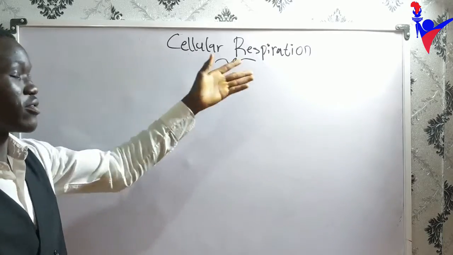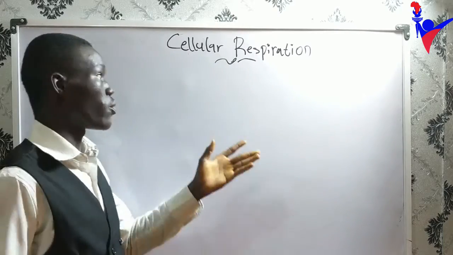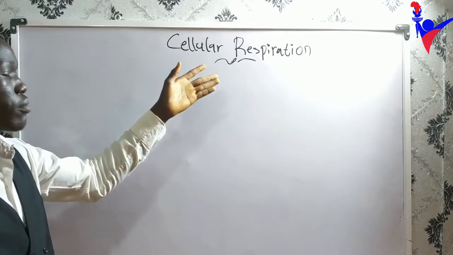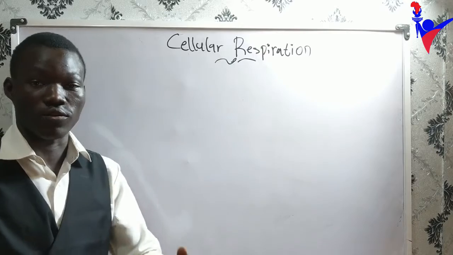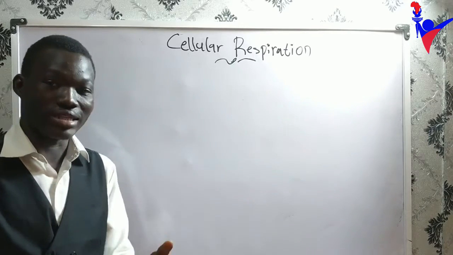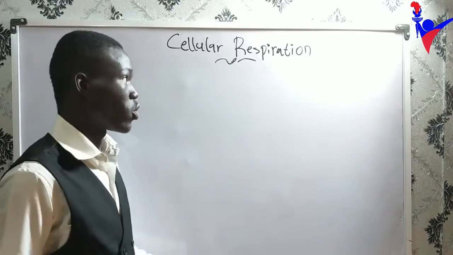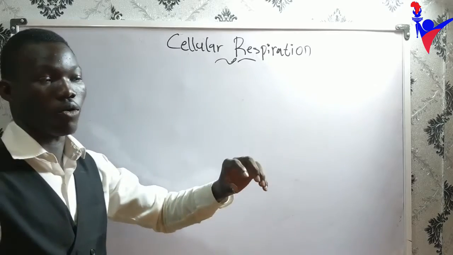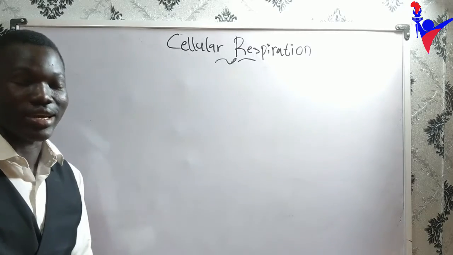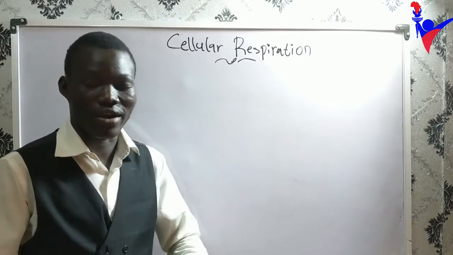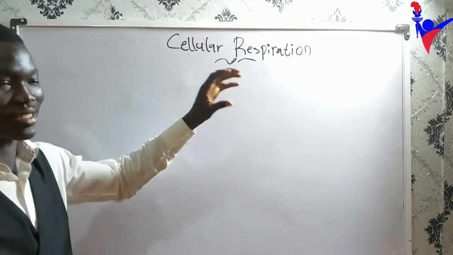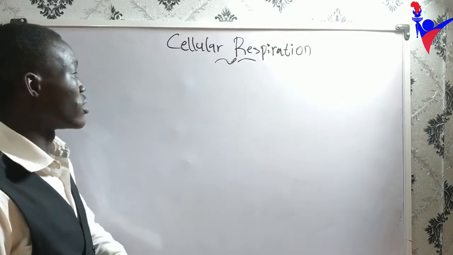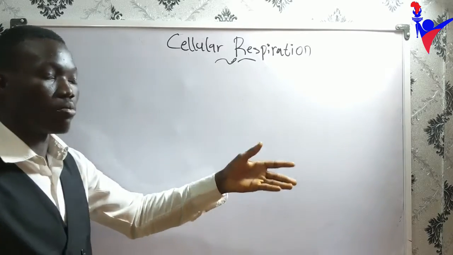What happens in cellular respiration, the main reason why we want to make energy. And respiration, of course, is the intake of oxygen to break down organic compounds to give energy. So our main focus here is how the body, or how the cell, utilizes energy or makes energy to carry out cellular activities. So we are looking at respiration at the cellular level, how organisms take in and break organic